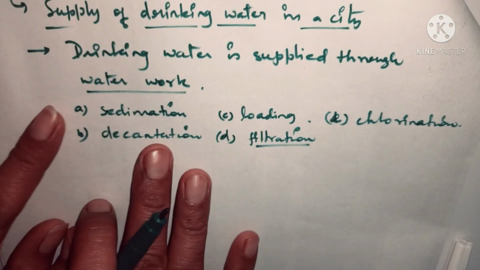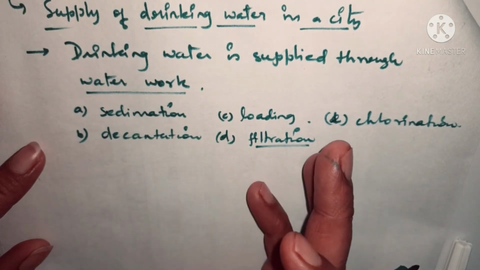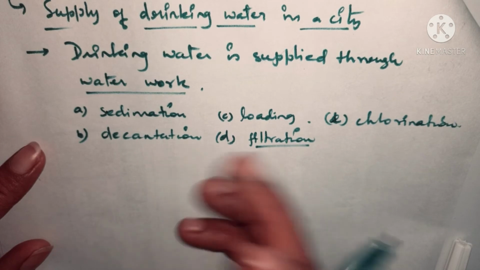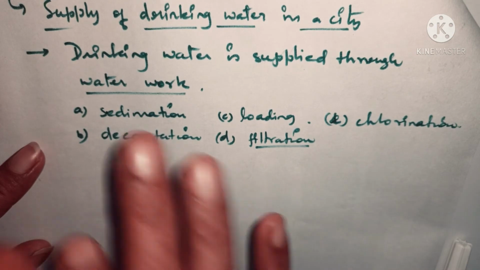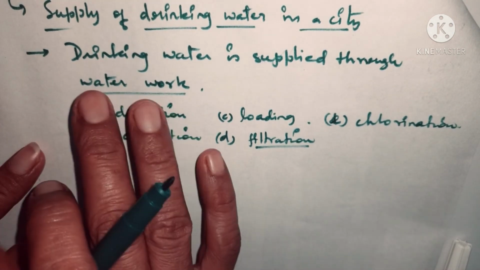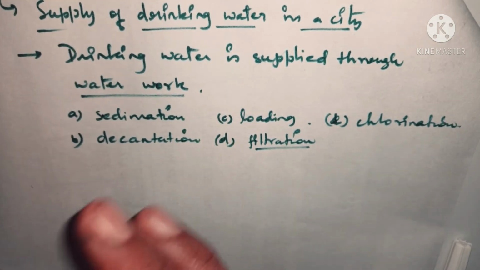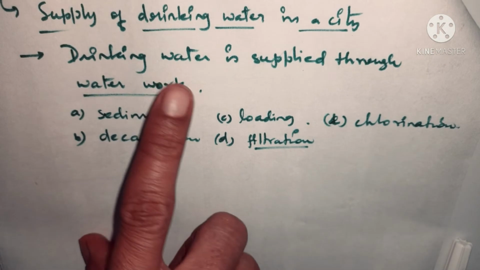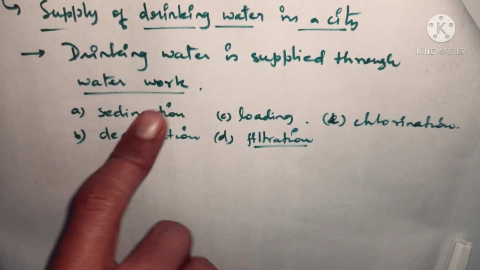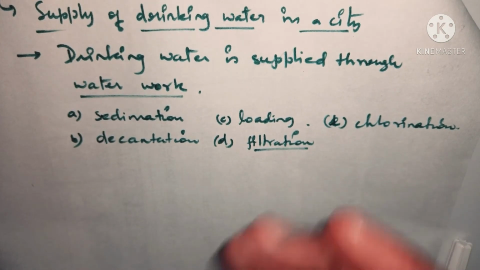These 5 sub steps are there in the process of cleaning the water for supplying it to cities, to the different houses. Before it is passed to different houses, it is first made fit to drink, because water taken directly from the river is very unfit, and lots of diseases can be caused through it. So before passing it to the cities or homes, it is made clean and fit to drink. These are the processes which are used. Now how does it work?